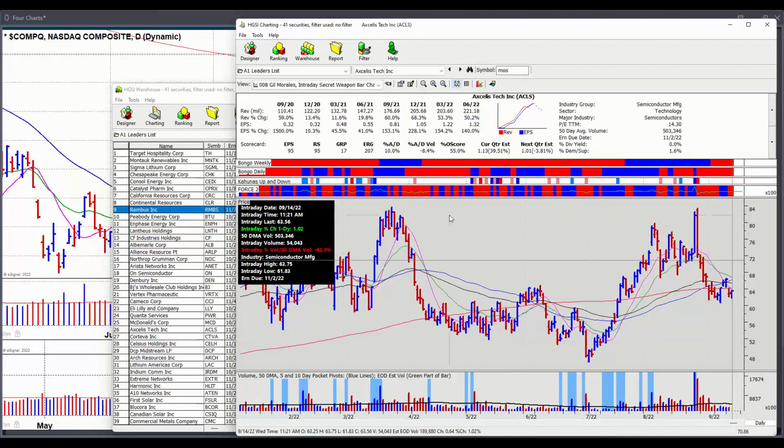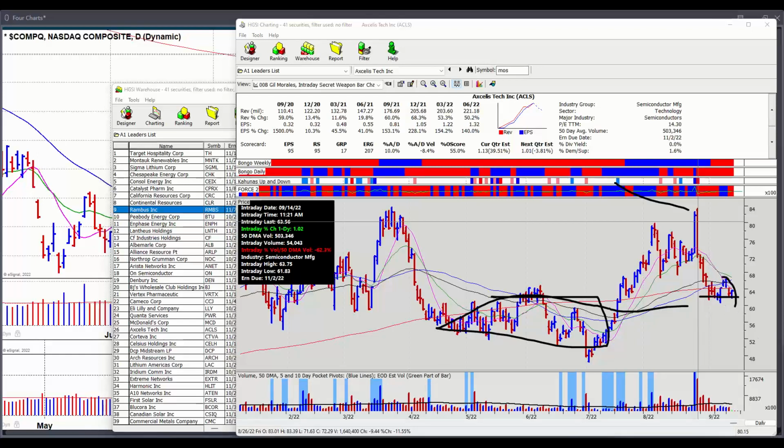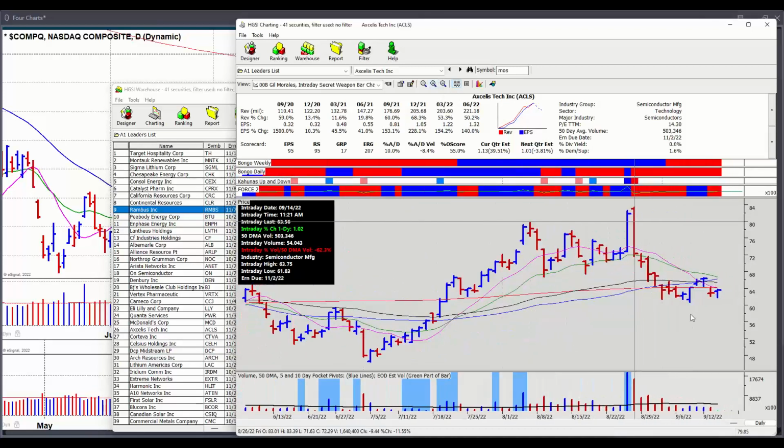Here's Axcelis Tech. This is a double top situation, where it failed on the breakout. That was about, what, 2 weeks ago? And so you fail here, and then you run down into this area of price congestion. So you get a little bounce, but then it just rolls over. Now you're pushing back up into the 200-day moving average. If you look at this, coming up into it, volume is running 62.3% below average. Looks a little suspect to me. I want to get medieval on this market here, but